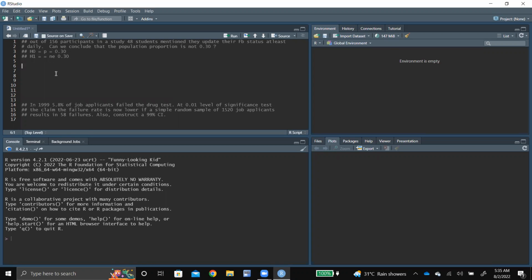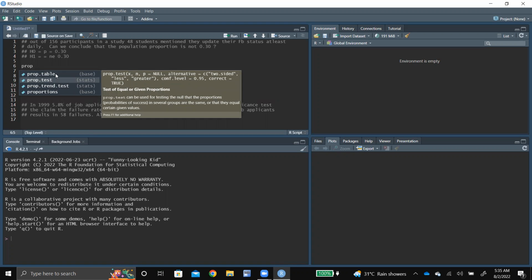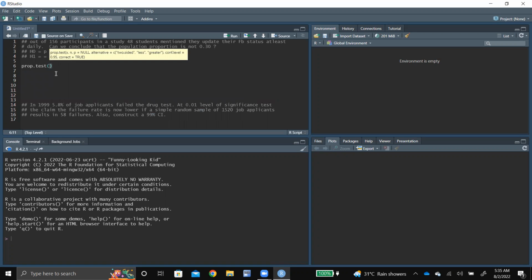So to perform this kind of a hypothesis test in R, we can use the function prop.test. This is a basic function which can be found in R. So we can use the prop.test function. The first argument that is asked for is X, that is how many successes or how many failures we had. So in this example, there were 48 successes out of the total number of participants, which was 156. So we have 48 successes, 156 for the number of